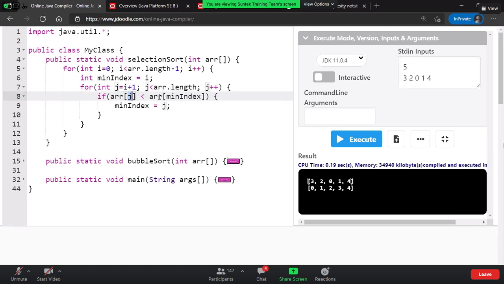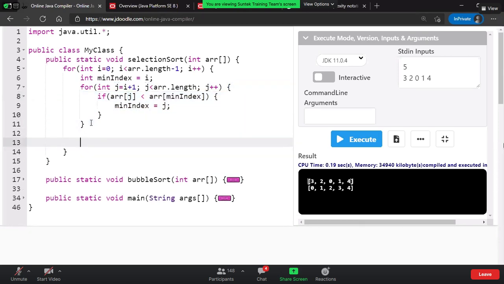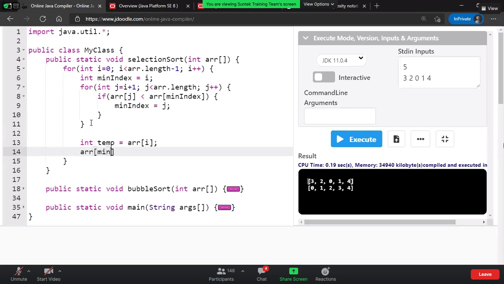So j will always start from i plus 1. Okay, so this will work now, and as you know, we will get the minimum index after this for loop. Once I get the minimum index, I have to swap it. So I will simply say int temp is equal to arr of i, and arr of min index is equal to arr of i,